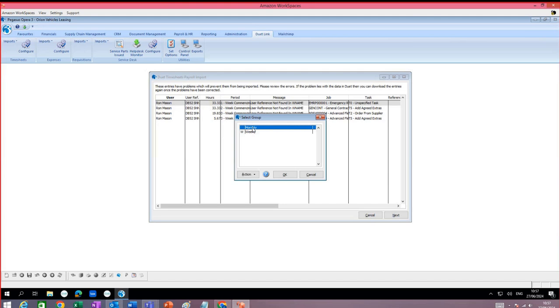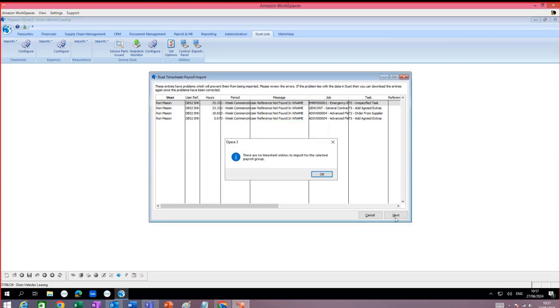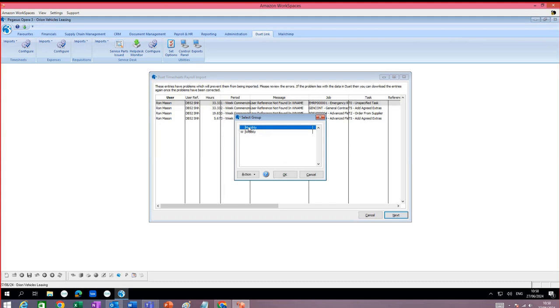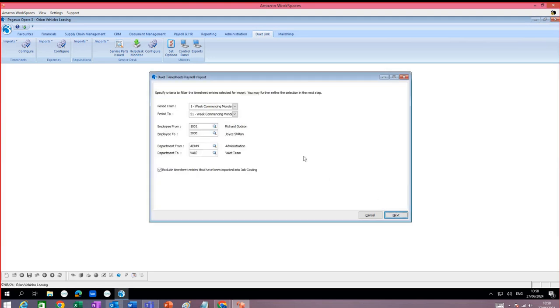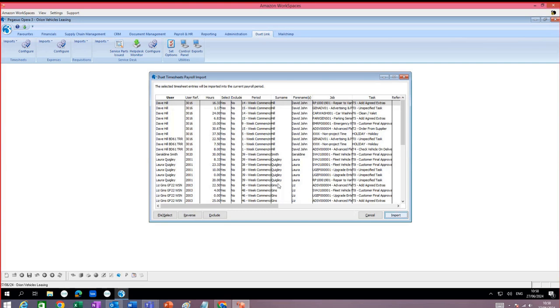And you can choose to go in monthly or weekly. I'm not sure what Liz actually is, but we can try that one. Oh, there's no references. Let's do a, might be a monthly. Oh, there we are. Okay, so she's on monthly. And you can say which periods it's to go into, which employees range you want to update, and it will take it over. In there, it's got all of these waiting in the background to go in,